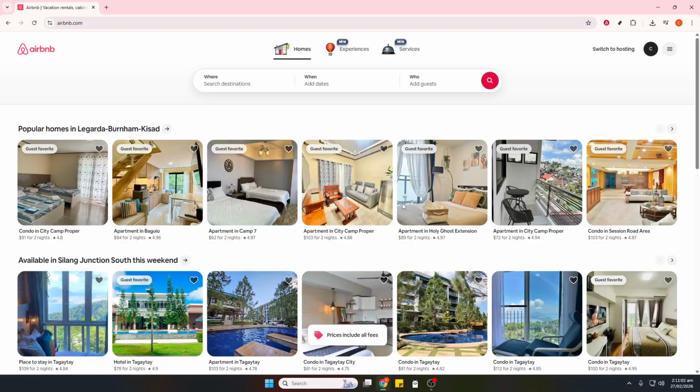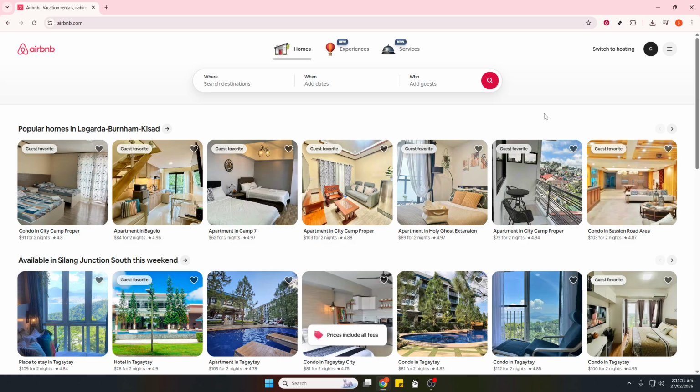In today's video, I'm going to teach you how to change the cover photo on your Airbnb listing. Your cover photo is the first thing guests see in search results and at the top of your listing, so choosing the right image can make a real difference. I'll walk you through the exact path to update it and share a few quick tips to help that photo